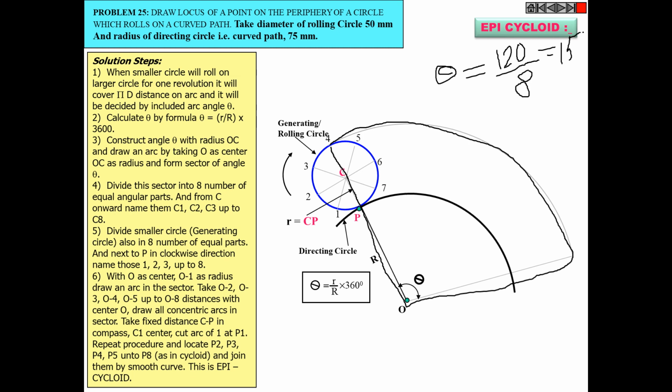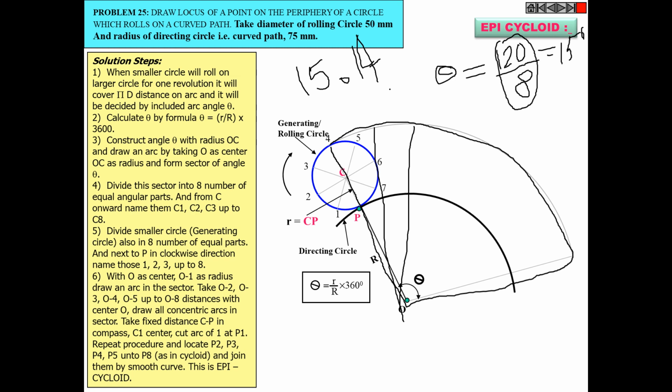So what you will do? You will align your protractor firstly with this line. You can draw a 15 degree angle line like this. Then you align your protractor with this particular line. You draw a 15 degree angle like this. Likewise, you can divide this entire sector into 8 equal parts. Very good. But if this ratio comes out to be, say, 15.14 degrees, then can you use a protractor to divide this sector into 8 equal parts?